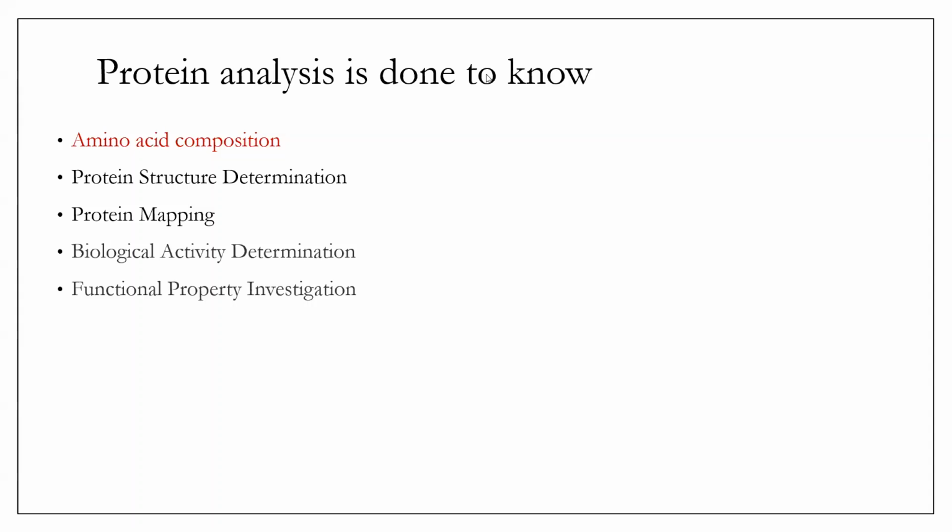If you analyze any protein's amino acid sequence, you can correlate these changes with differences in its biological activity as well as the functional property it will deliver in the body system. Okay, so that's why protein analysis plays a very important role,